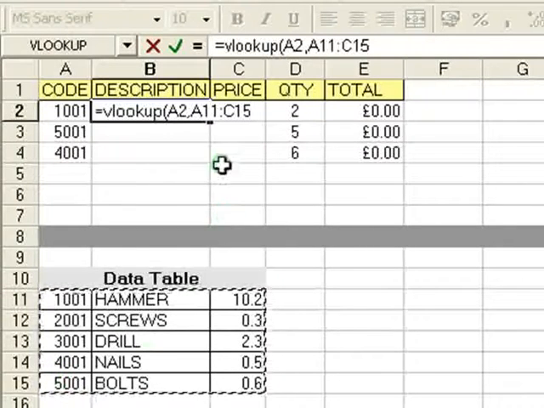Okay. So we've told Excel where the table is. There is one very important thing I'm going to do here, which is press the F4 key,